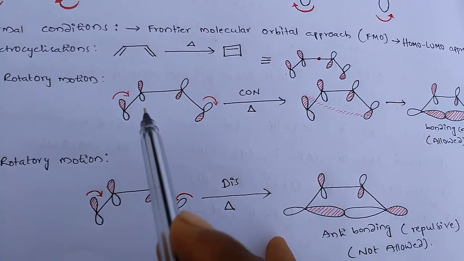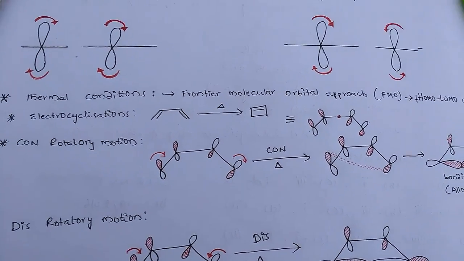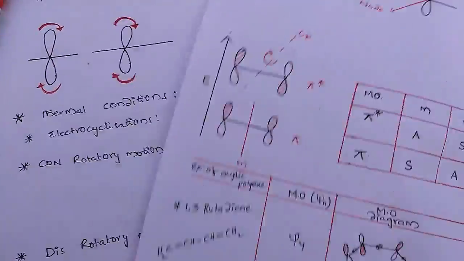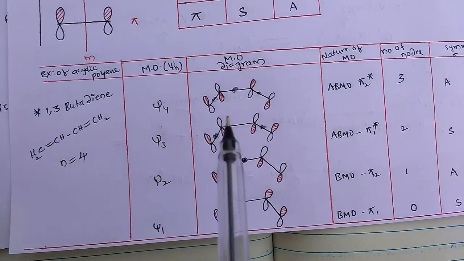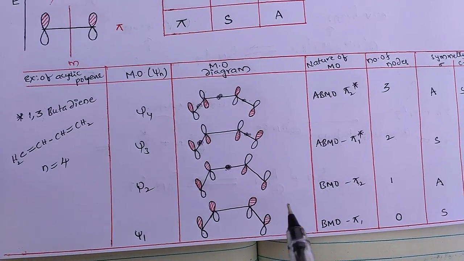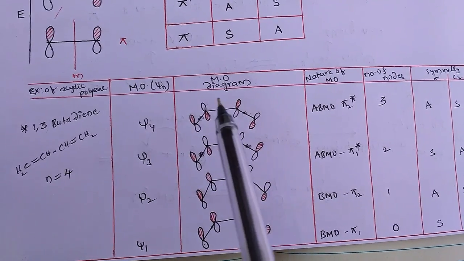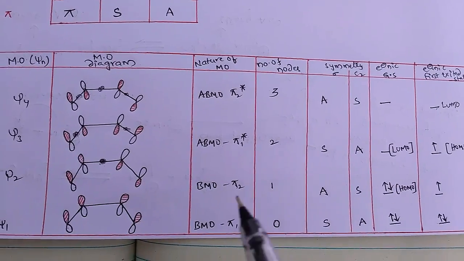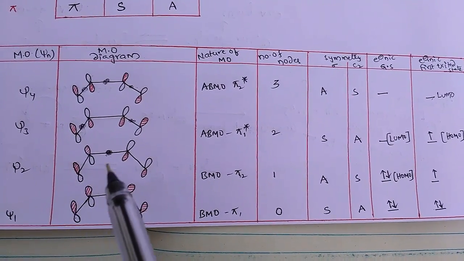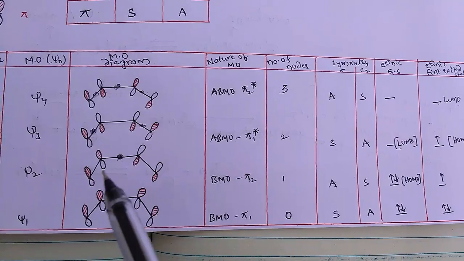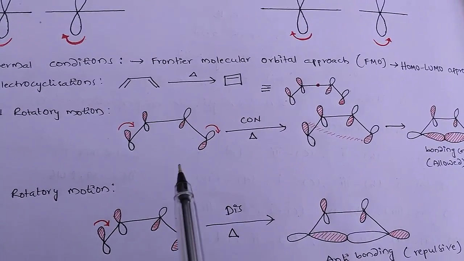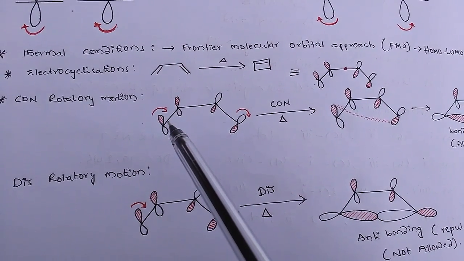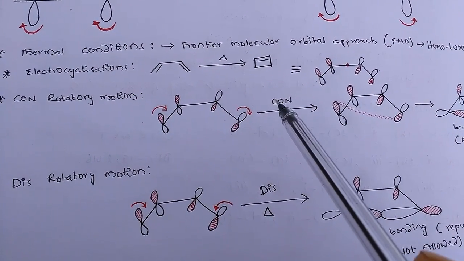Okay, so first I already gave the representation of the butadiene. You should remember this molecular orbital diagram. I already told you, this is the HOMO. So HOMO means here we have this representation. Now we are explaining it. So on conrotation, the rotation of the orbitals in the same direction,